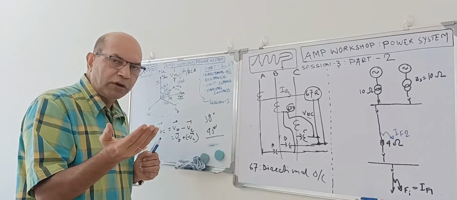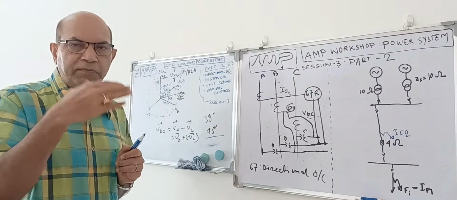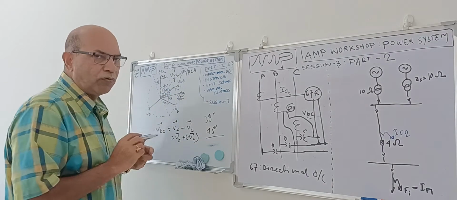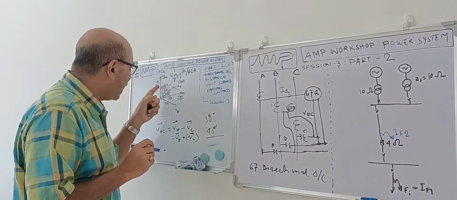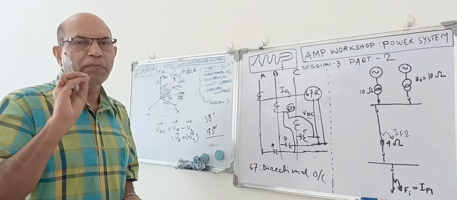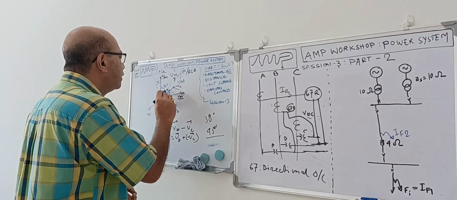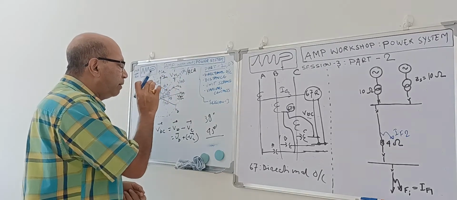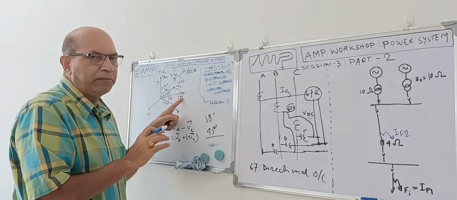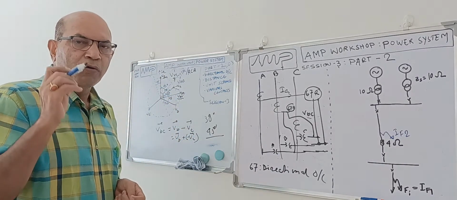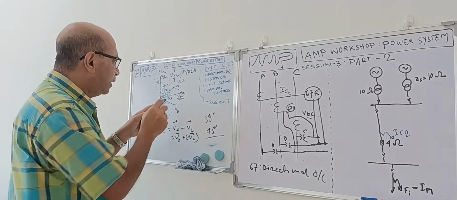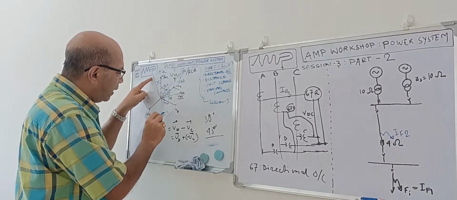Now, depending on the fault location, the fault current will be decided, and the phase angle, how much impedance is in the circuit. So this current IA can vary in different positions and different magnitudes. We have observed if the current is lagging by 45 degrees and coincides with the maximum torque angle, then the minimum current is required to operate the relay. So in this position, current is minimum to operate the relay. If we give the minimum current with this V dash VC, that means VBC voltage 45 degrees leading from the original VBC, then the directional overcurrent relay will see the fault towards the source with a minimum fault current.